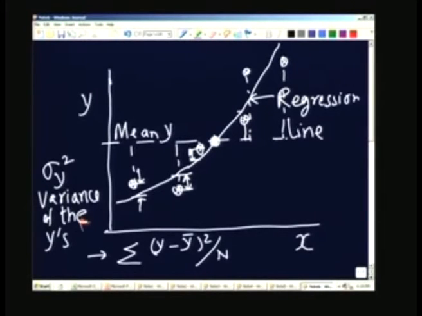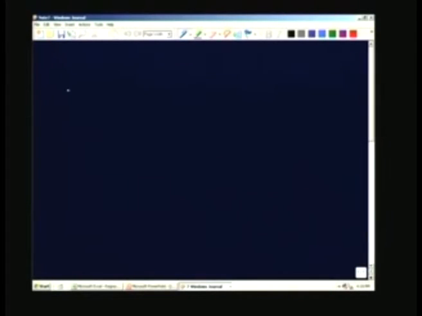This is the difference I am talking about, and similarly here and here and so on. So, now I can also define a variance for the errors. I will go to the next screen so that it is not cluttered. So, I can also define the variance of the errors,